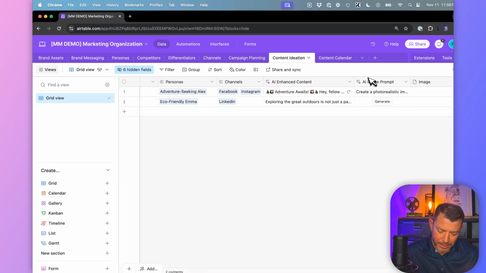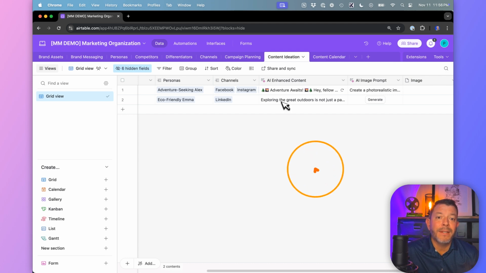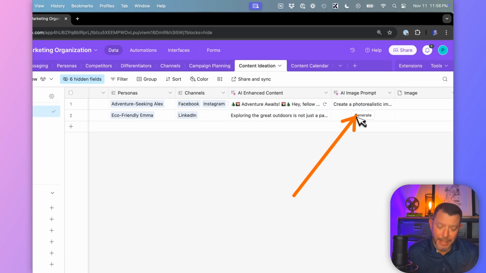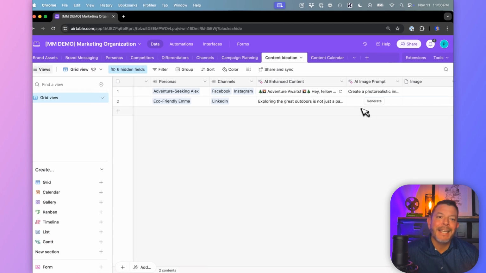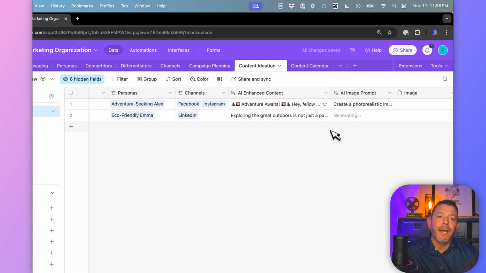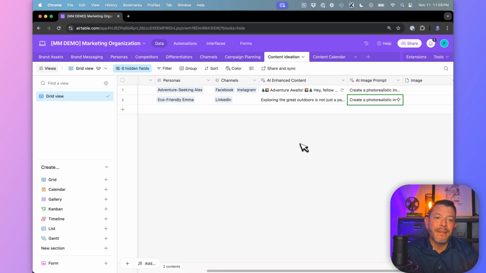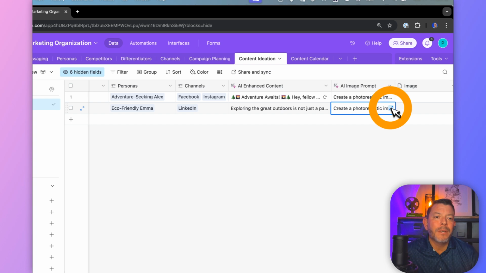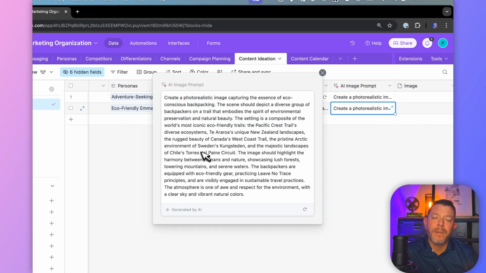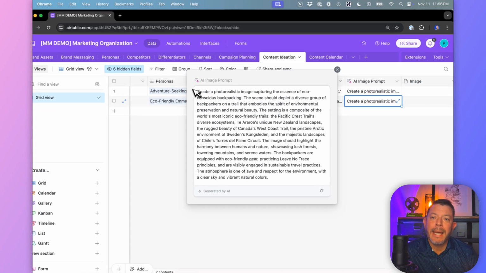Now, you'll notice the next tab then gets even fancier, because now I've told it to take whatever is in here and create an image prompt for me. So in other words, we're telling AI to give us the prompt to use in AI. And so now I'm going to hit this generate button, and now this is going to create a prompt for the post that it just created. And we can take this prompt right here, and we could throw it into Flux or Ideogram or whatever tool you like to use, DALL-E, and